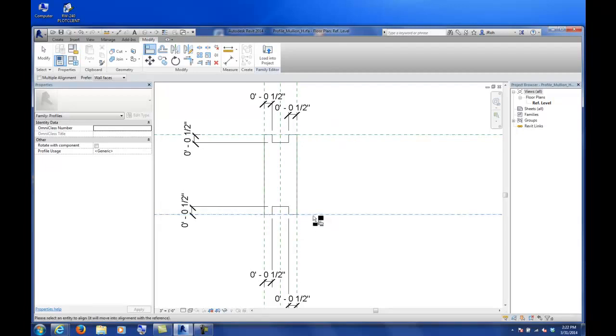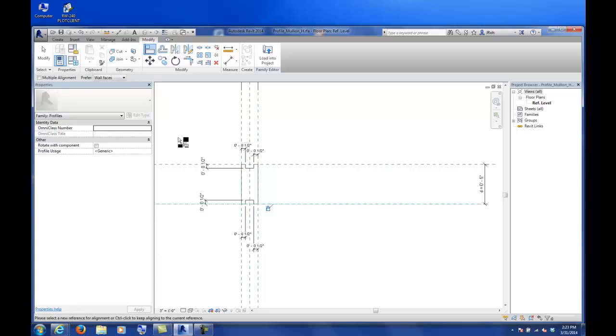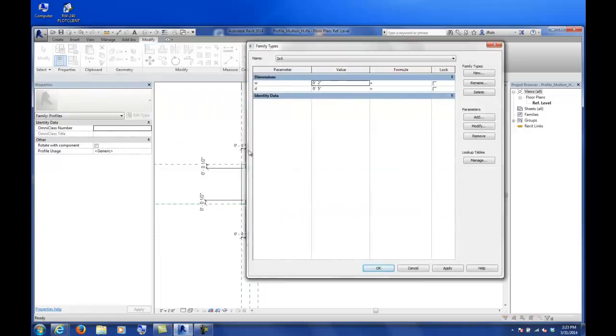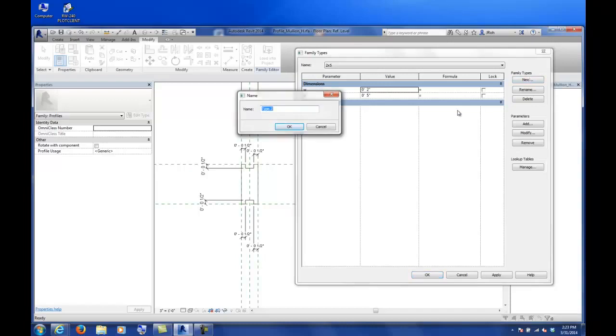Don't worry too much if you can't get it to be parametric, but I'm going to add a couple components here. So once that's done, and you've locked all those dimensions, I can go back to my family types dialog box, and I've got the 2x5 version. I'm going to create another family type up here where it says new, and I'm going to call this one,